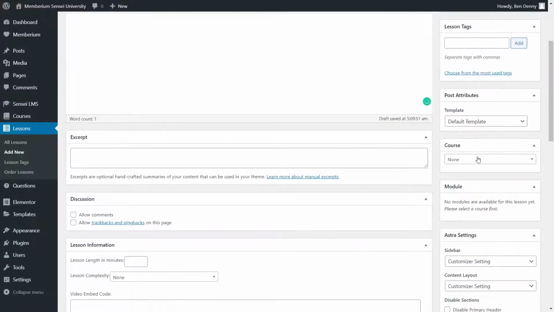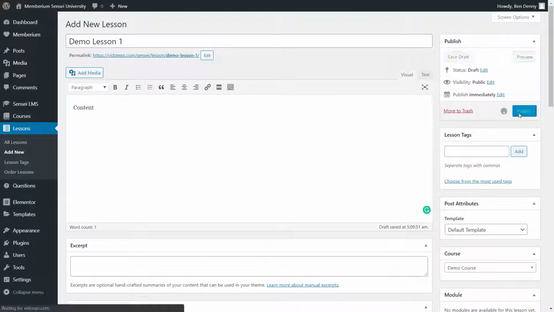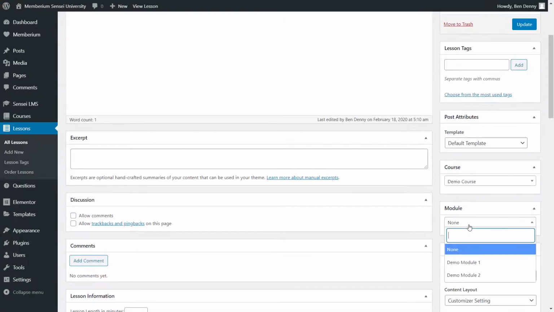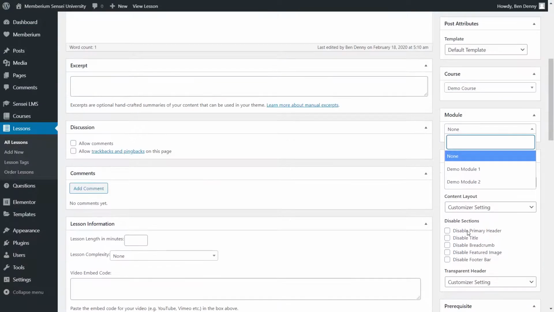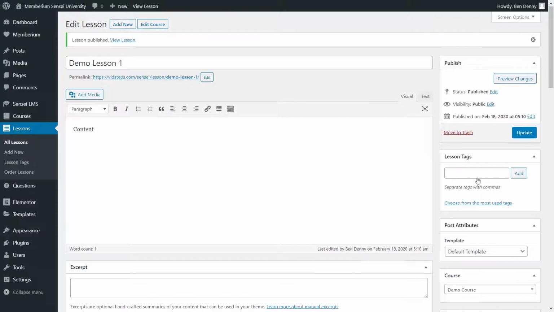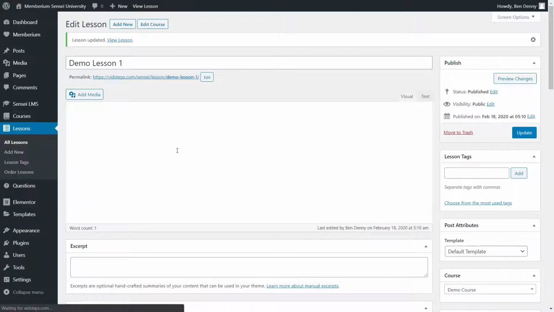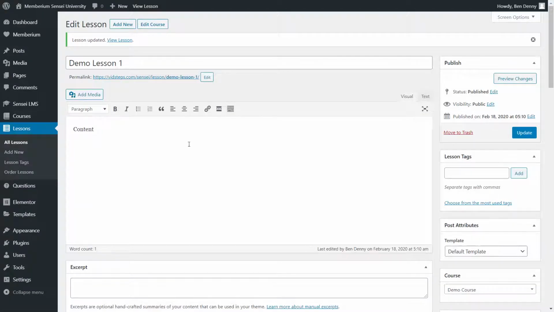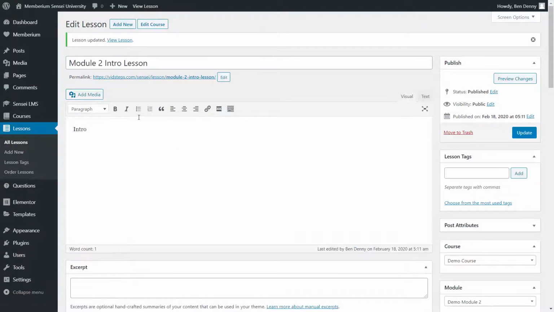Over here on the side, this is where it gets important. First, click Demo Course right here. And then you'll actually need to publish this or save it as a draft. That way it reloads and you can select the module that it's a part of. So here it's Demo Module 1. I'm going to go ahead and update that. And I'm going to go ahead and create a couple more lessons, and I'll jump you ahead when I'm already done with that. Okay, so I'm done creating all of my lessons,